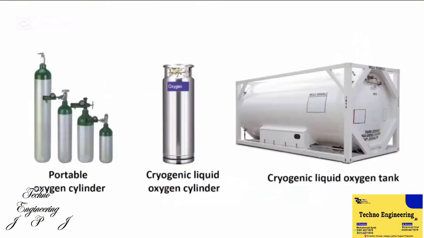Liquid oxygen is then transported by filling it into special containers such as aluminum cylinders. If it is required in larger quantities, then cryogenic containers are used. So always remember, oxygen for industrial use is delivered to customers in liquid form, and they are stored in cylinders and tanks at high pressure. It is said that the pressure at which liquid oxygen is stored in a container is up to 3000 psi